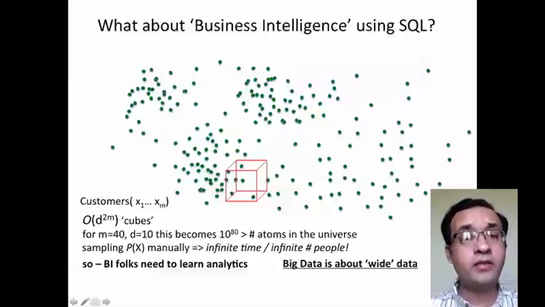The problem is not the number of points. The problem is how much information you have about these points. And that is what, in my opinion, is big about big data these days. The number of different sources of data that you have about your customers or anything else, because of the different inputs that you have today, whether it is from social media, whether it is from sensors or mobile phones, it's increasing M and D hugely, and therefore the number of possible cubes is just too difficult to examine manually,